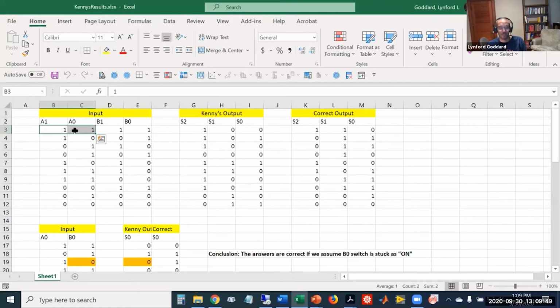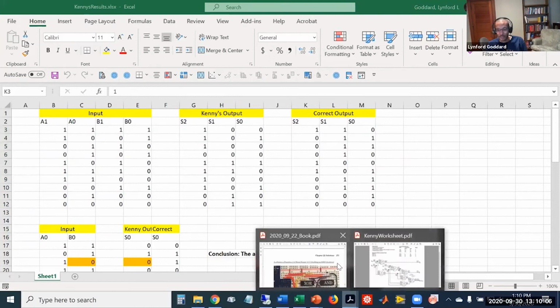So he's adding the number 3 to the number 3, and the answer should be 6. So it should be 1 for S2, 1 for S1, and 0 for S0. And so I wrote out both his output and what the correct output should be. Looking back at the circuit diagram, so this diagram,